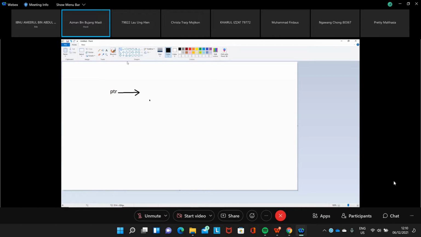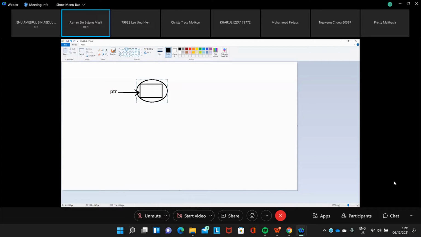Normally, so far, we only use this pointer to point to our variable, isn't it? But when you use malloc, what happens? This malloc will create a memory location in the memory. So the pointer will point to that memory location, which is created dynamically.